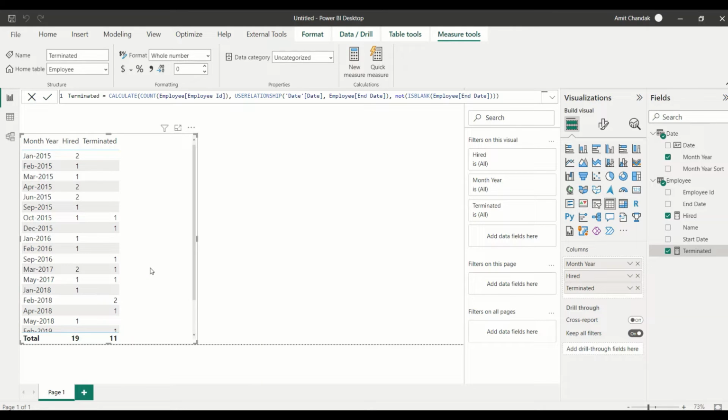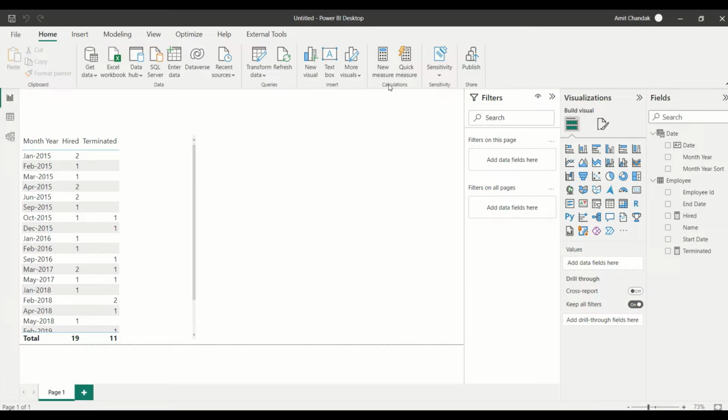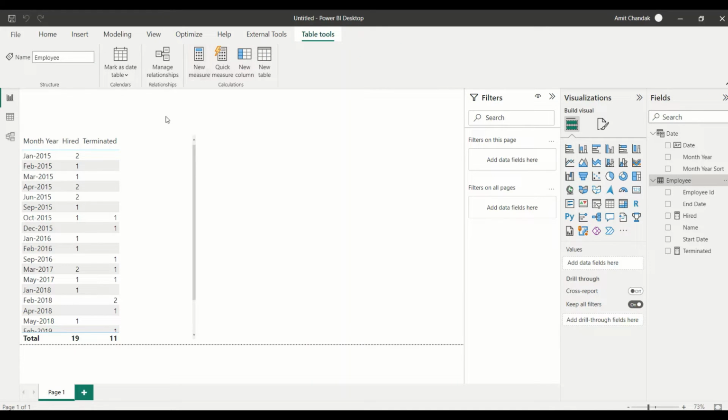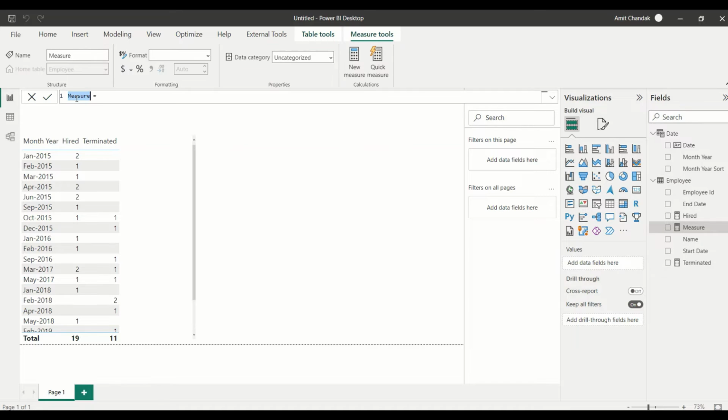Now how do we get the active employees, or the employees in every month? Right now we are only getting the months where either you have a hired employee or you have a terminated employee. Now we want to get the active employees. To get the active employees, we have to do a little bit more work. So let's create what we call the active employee or current employee measure, which is called Is Active Employee. To get the active employees, we need to do COUNTX,